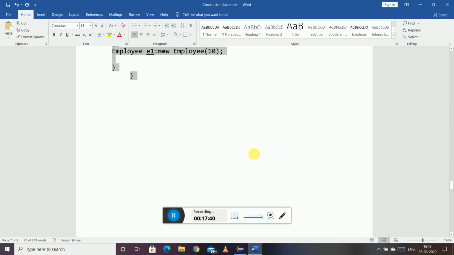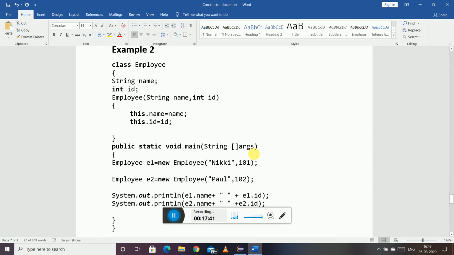But suppose I have this program where I have actually assigned values to the variables by means of the constructor. So this is the main use of the constructor. Why do we use a constructor? See here, when I am calling the employee constructor, I am passing the values Nikki and 101 to name and ID.